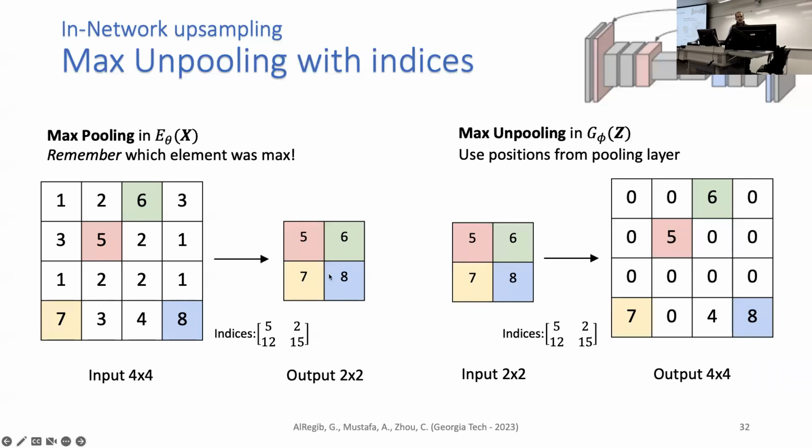This will be the output. If you do the inverse of this operation in a decoder, you start with this 5, 6, 7, and 8. And now if you are using max pooling, the 5 will show up here and here and here, as far as you agree on where the locations are. And this is basically something where you don't only encode